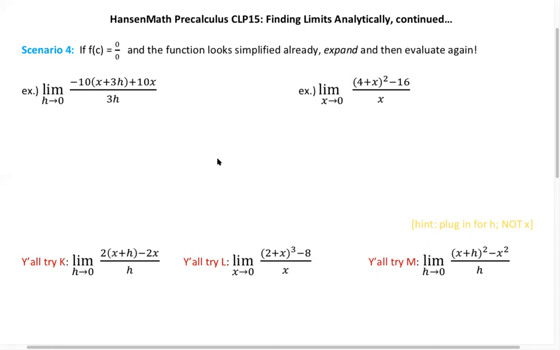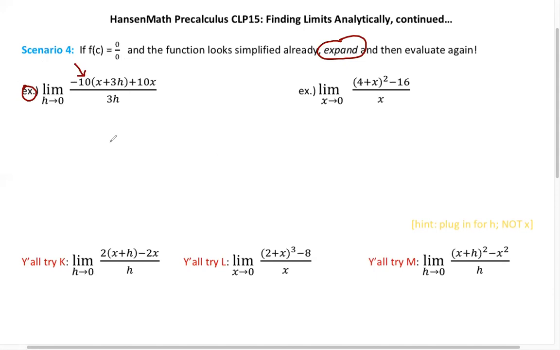Okay, in part 2 of my finding limits analytically lesson, we are going to start on scenario 4. Scenarios 1 through 3 were in the prior video. Scenario 4 says if f of c equals 0 over 0 and the function looks simplified already, expand and then evaluate again. So if you look at this example here, the negative 10 has already been factored out,